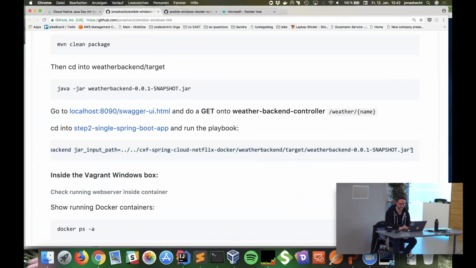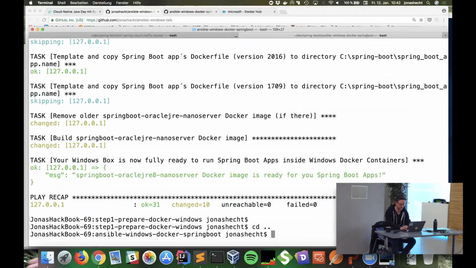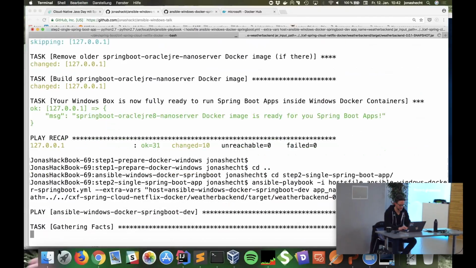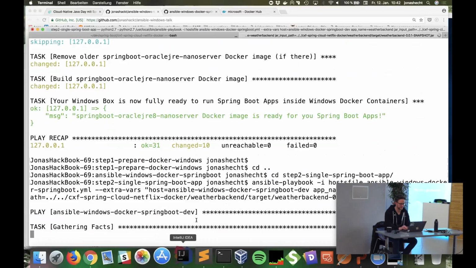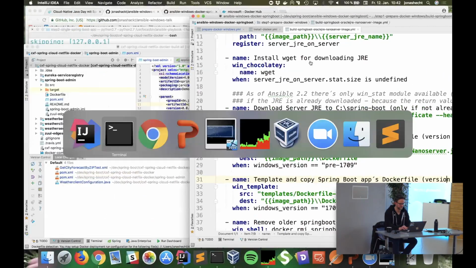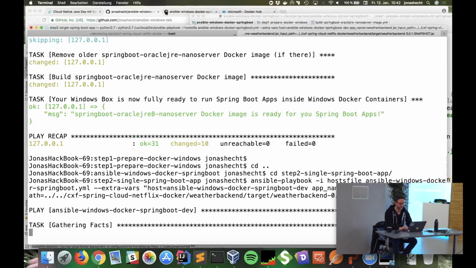So let's just bring it onto the Windows box. All right. And we can have a look at this in parallel, I hope. So, gather your facts.